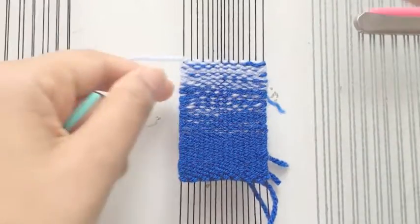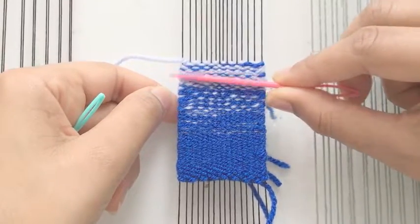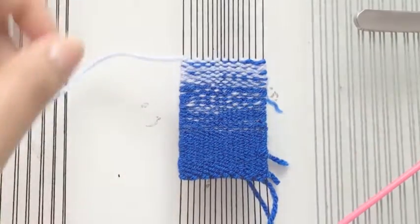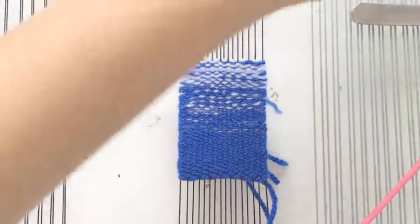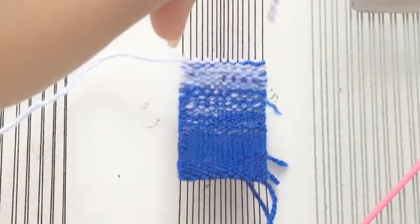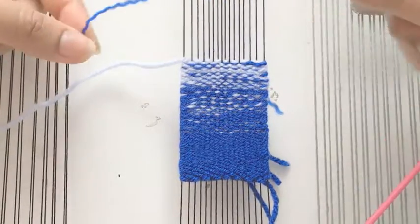Okay. Now here you can kind of see that stark blue line. So again, like I was saying, it could be a little bit more gradual in this sense here. Now I want to bring that 1-ply in. Trying to find a very long blue ply. Okay, here we are, this is a good one. Nope, they're all short. I think all of my blue strands are pretty short. Okay, that's no problem. So now I'm going to transition and continue with just 1 strand of blue,